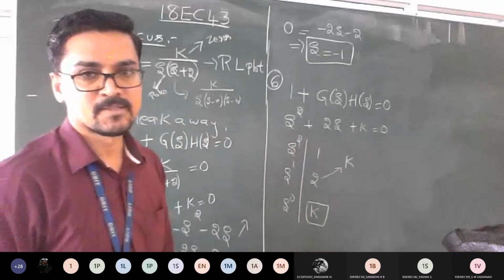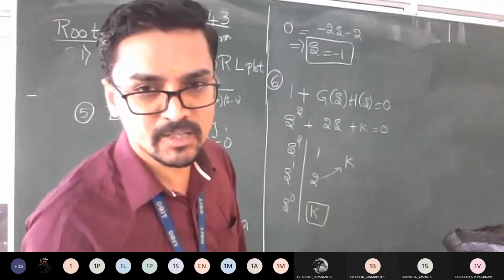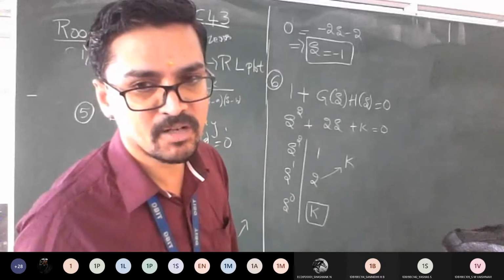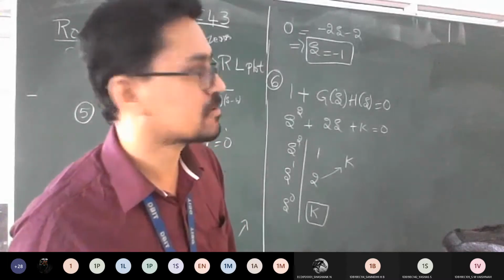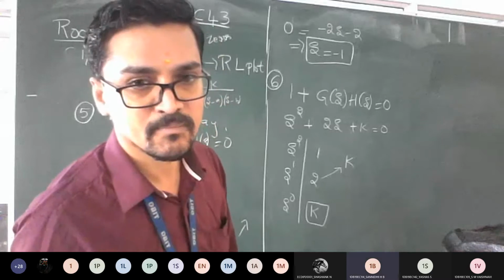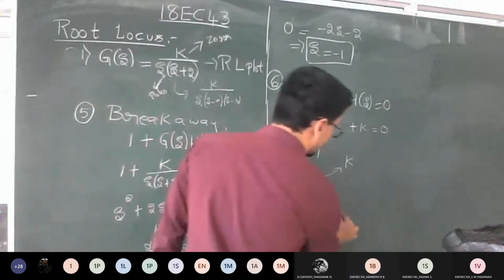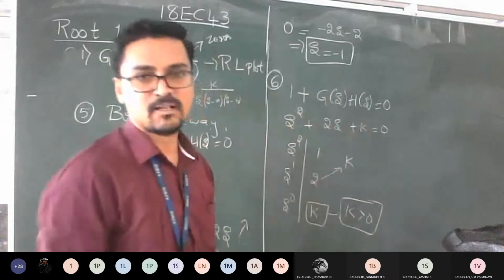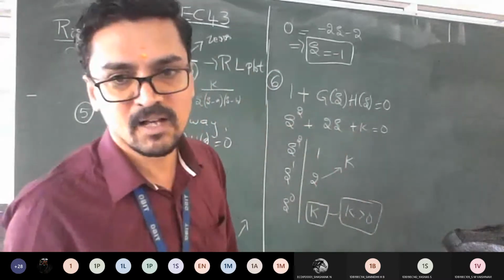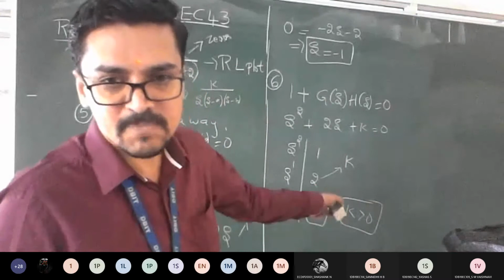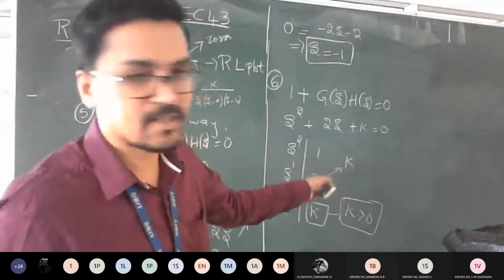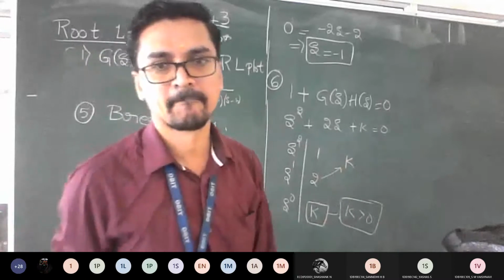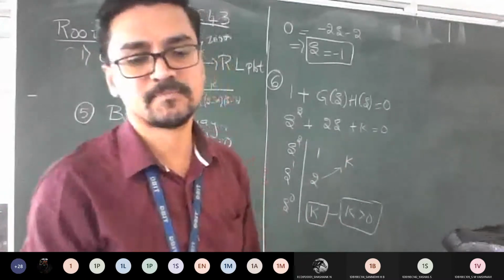I hope in yesterday's class we learned something called k marginal. Do you remember? The marginal or sustained oscillation of k. Do you remember or not? Yes, sir. So from this we can equate, right? So k is greater than 0. It means there is no marginal oscillation obtained in this particular problem. So you can comment: no k marginal present. Understood here? Step number 6.